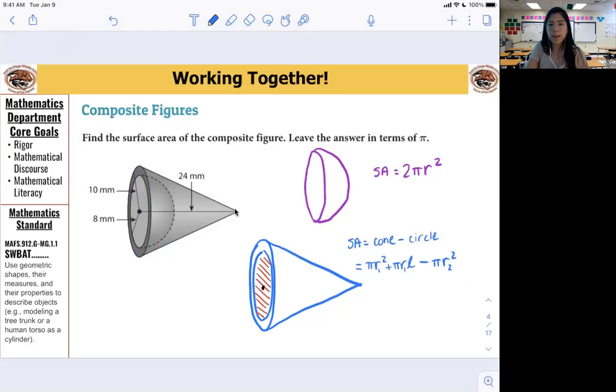And we have the height, but what am I missing? We don't have the slant. So what I'm going to have to do real quick, find the slant. Okay. So this is my cone. I know the radius is 10. I know the height is 24,